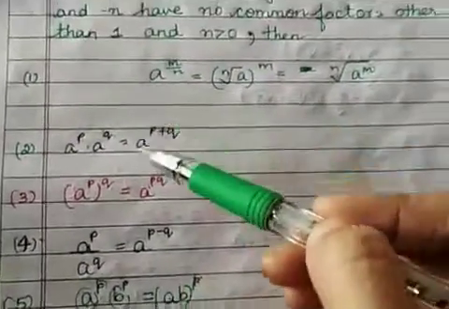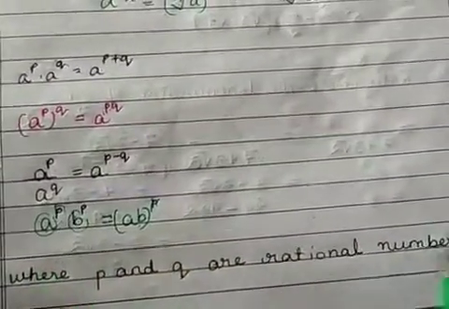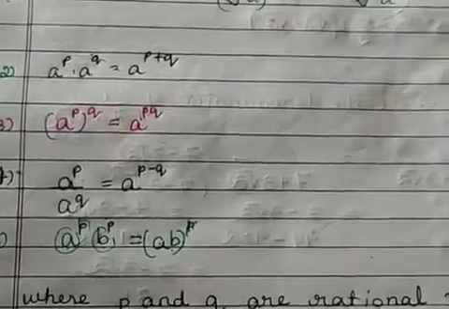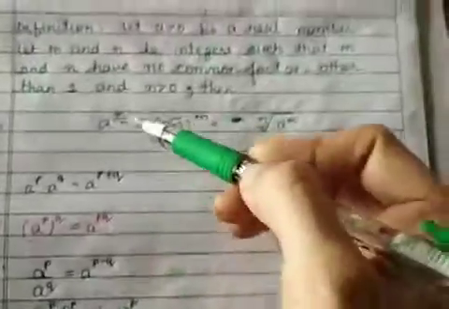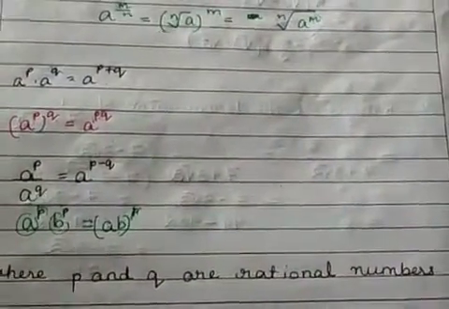So these are some of the laws of exponents, and here p and q can be any rational number. You know a is called the base and p is called the exponent. So these numbers down there are called bases. So these are the laws, and based on these laws, let us solve some problems.